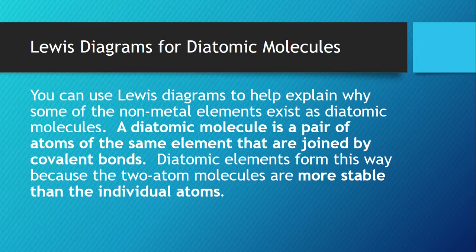A diatomic molecule is a pair of atoms of the same element that are joined by covalent bonds. Diatomic molecules only exist on their own in that state. Okay? Now, the reason why they exist in that state, and this is what I outline here, is that diatomic elements form this way because the two-atom molecule will satisfy